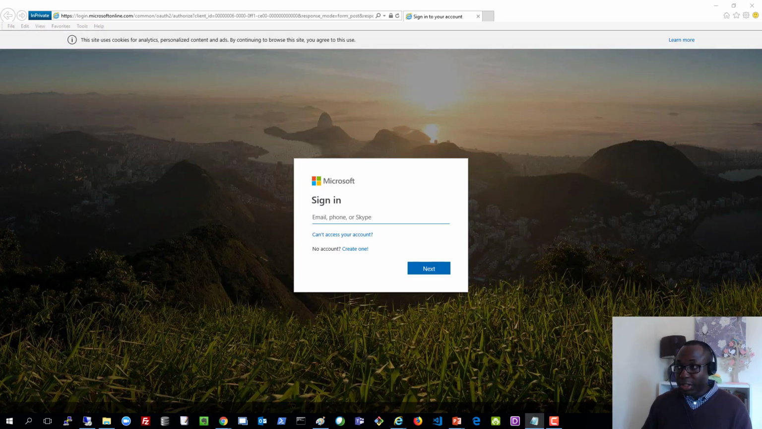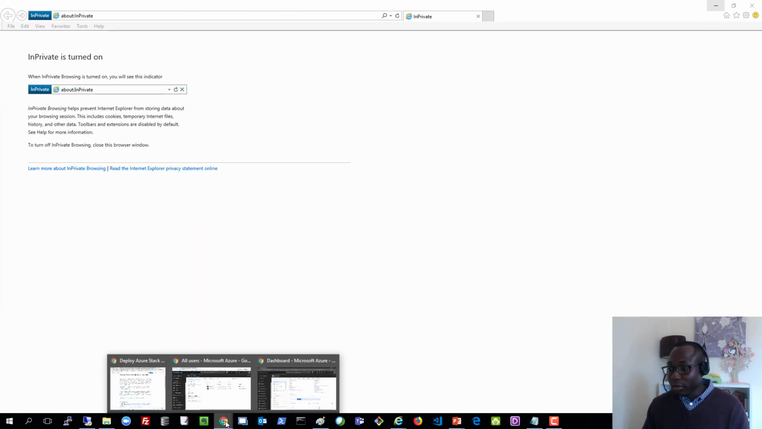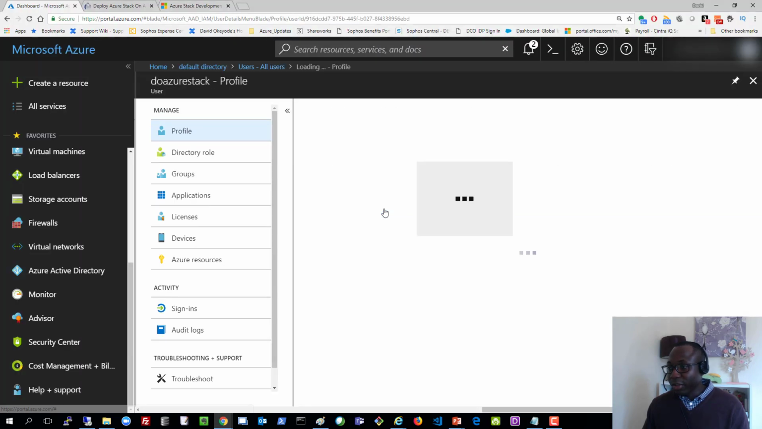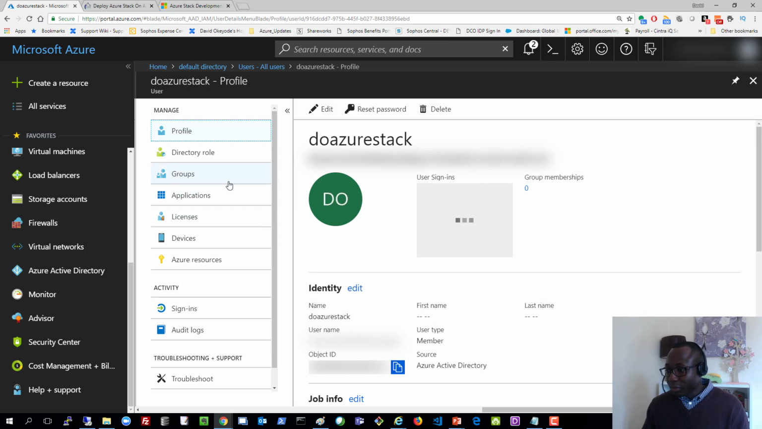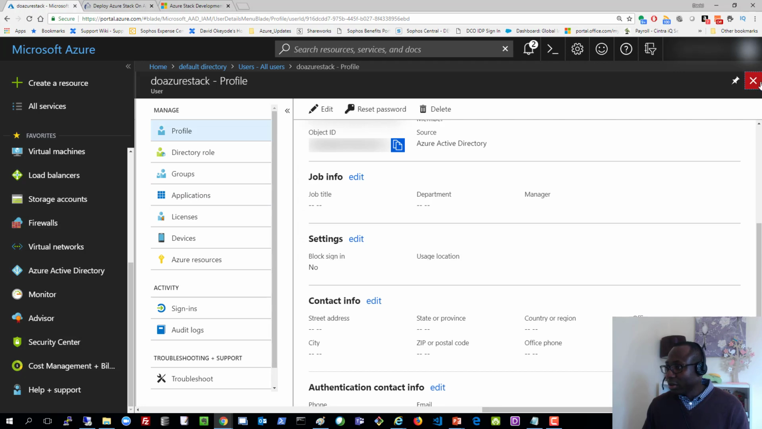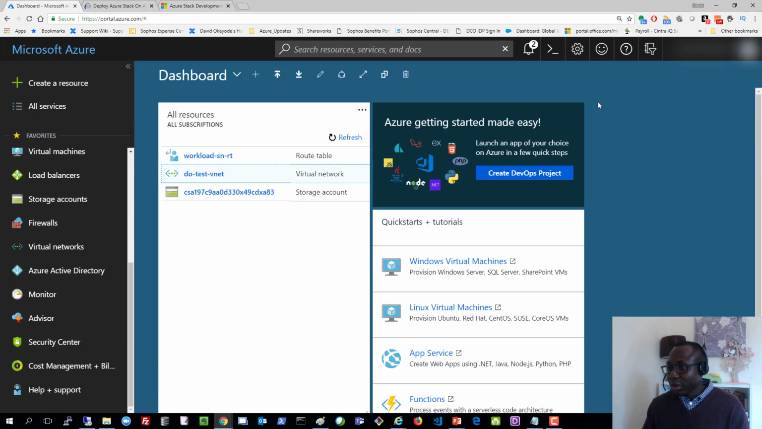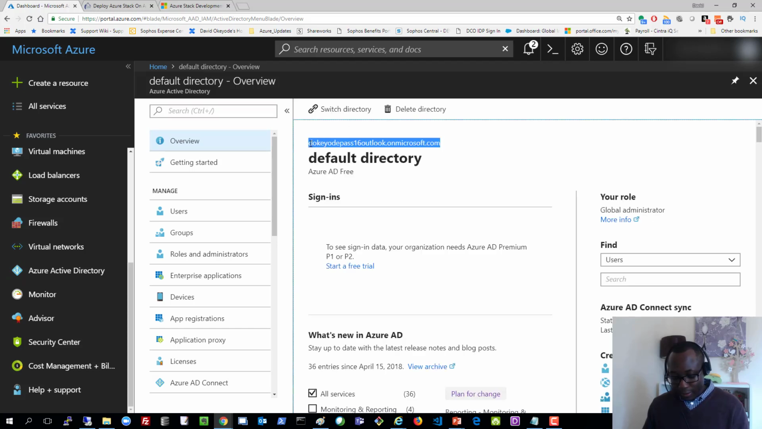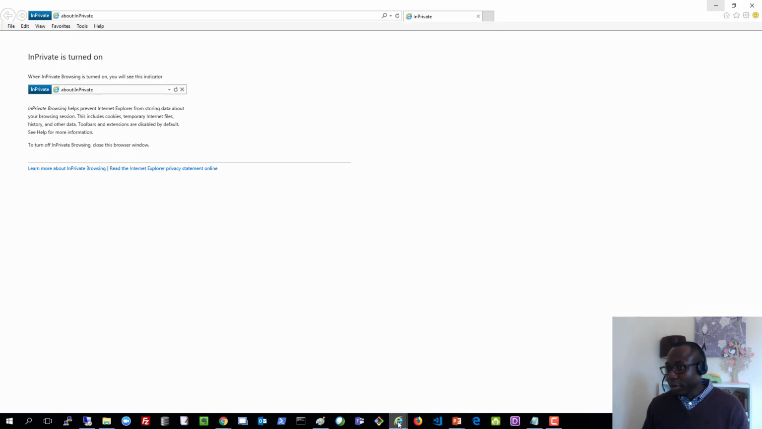So the username will be the username that I set earlier. If I go back to my Azure portal here, that'll be the username of this user here. So I need that username. Or if I don't have that listed down somewhere, let's close all of this. Let's go back to Azure Active Directory. Let's get my domain name, and that'll be DO Azure Stack at, okay. So now if I go back to portal.office.com